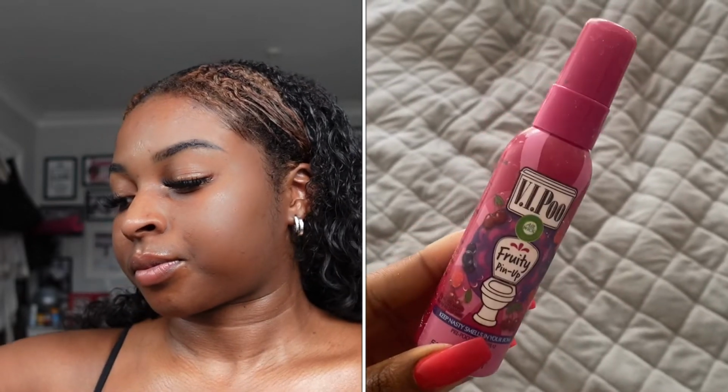One of the last things that I'm going to go on to is, okay, so I also have my VIP, I keep saying VIP poo, it's VIP poo. It's basically a fruity pin-up. Okay, it's basically a spray for the bath. It's a bathroom spray. So for people that smell up the bathroom, if you're just going in after them, it gets rid of the smell, a little bit like Febreze, but it's a smaller spray. You can get them in different